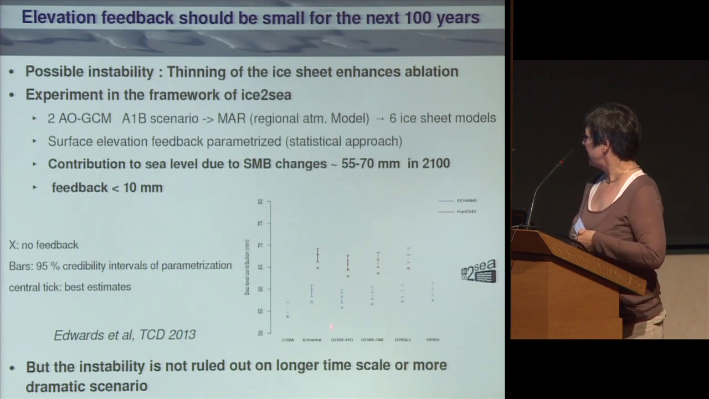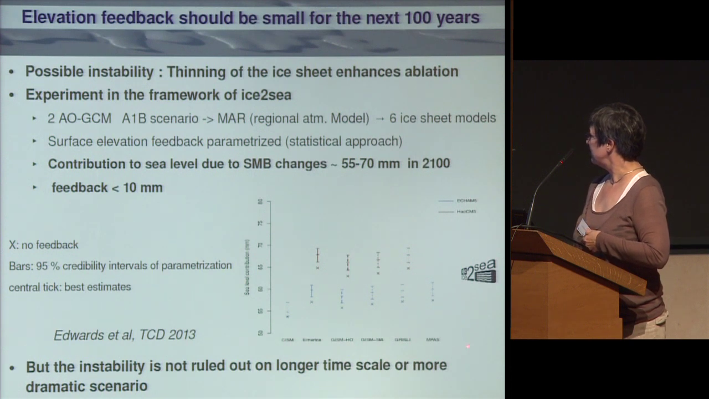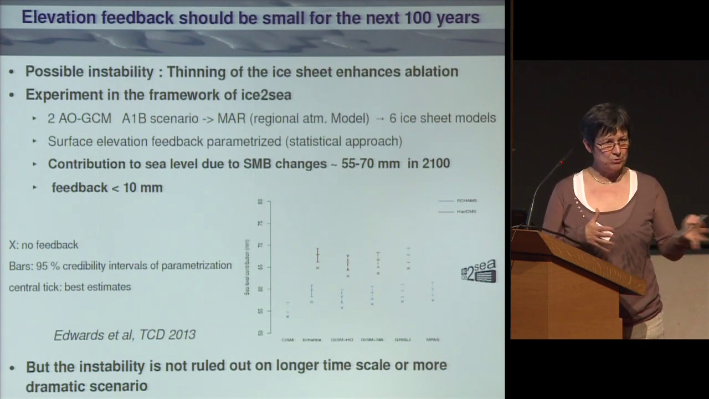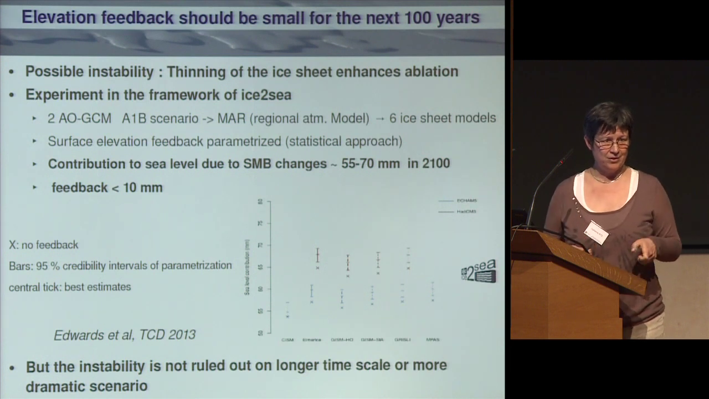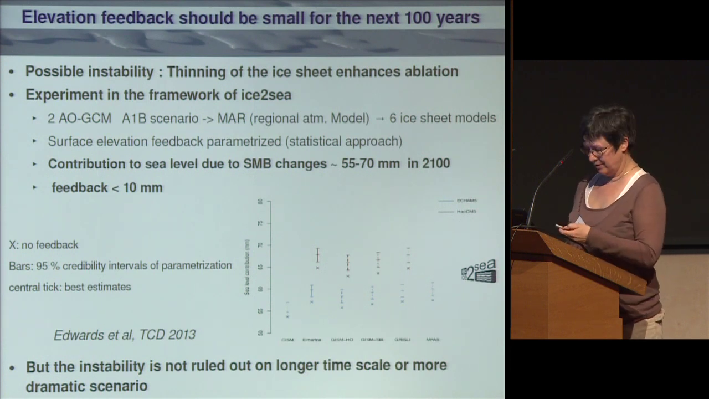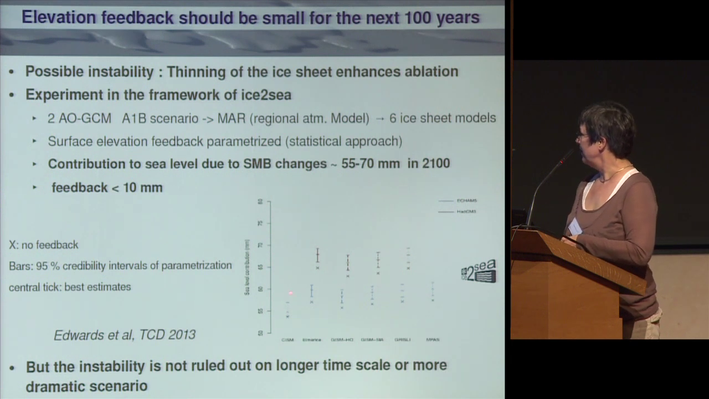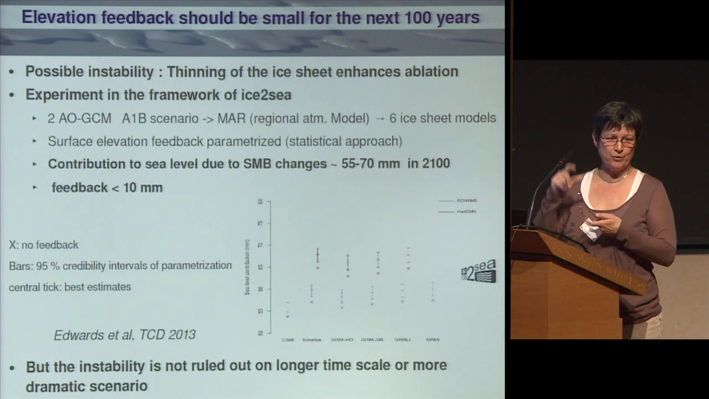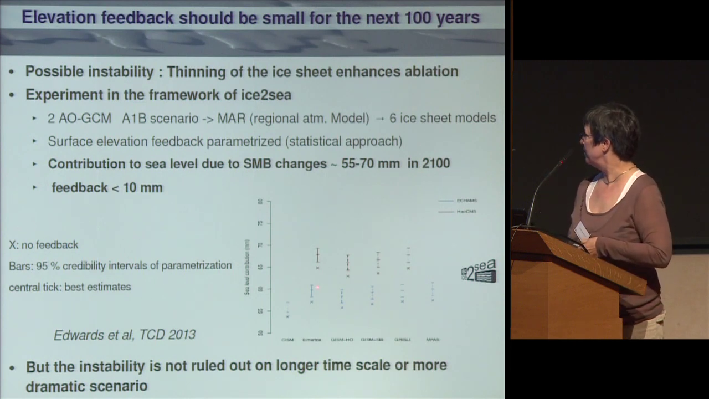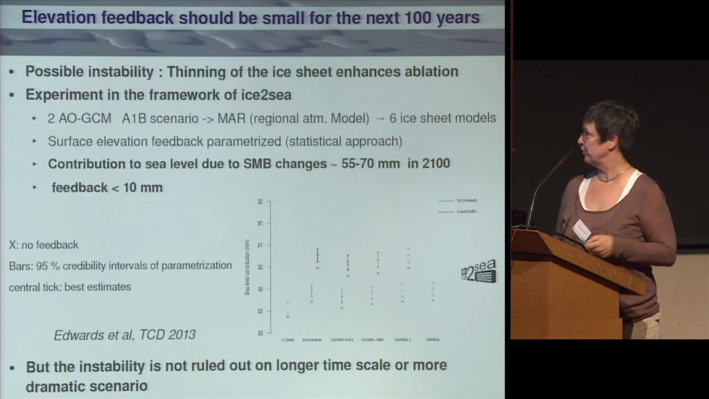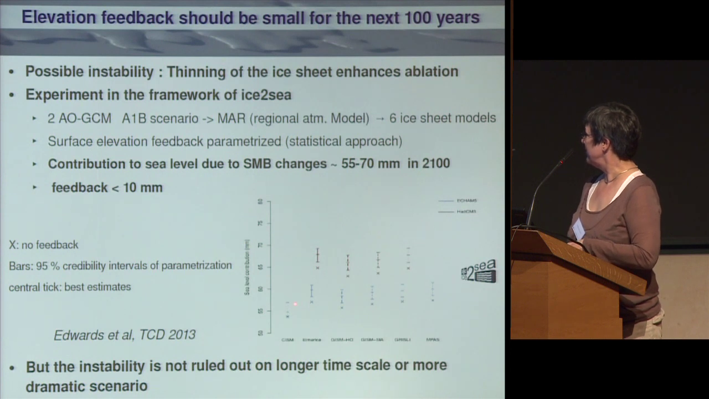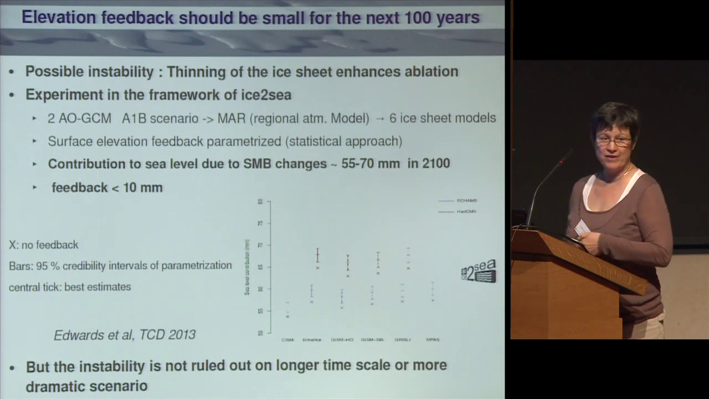And actually, the results are here. Here are all the models. The cross is with no feedback, where we just take the surface mass balance, changing with time, given by the RCM. And the bar is the two ranges of the parameterization, and the dot in the middle is the mean value. First, one interesting thing is, except maybe a bit this one, the models are fairly consistent